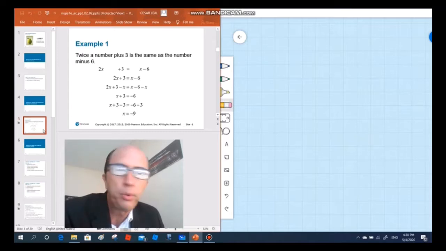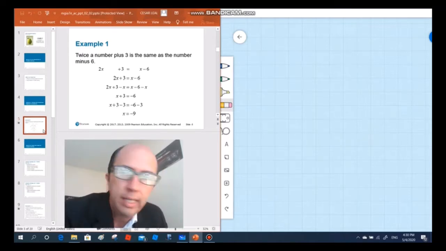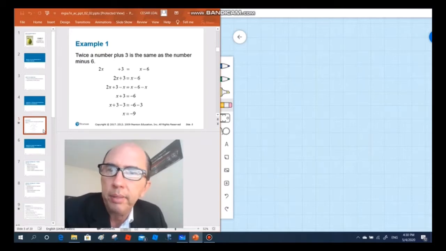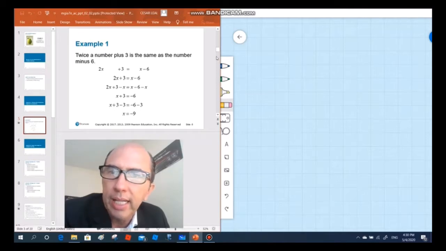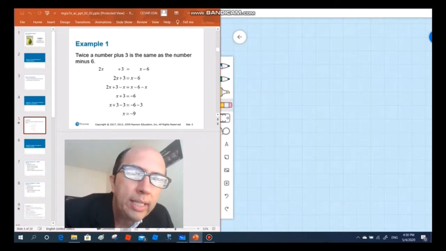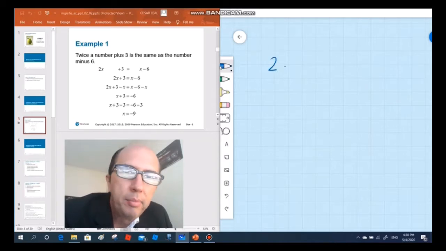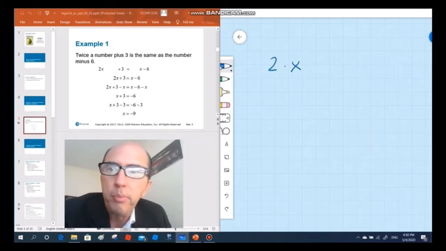Let's work an example here. We have this sentence: twice a number plus 3 is the same as the number minus 6. We have to translate this sentence into math language. So we have this in English. Twice a number: twice is 2, number, 2 times. And the number that we don't know is a variable x